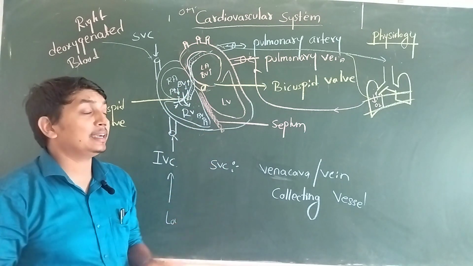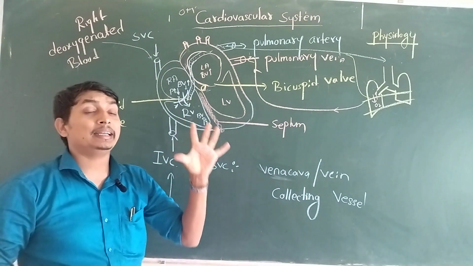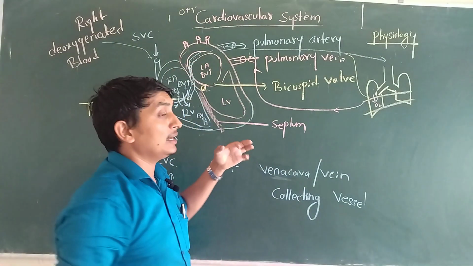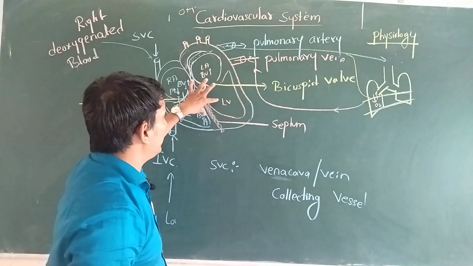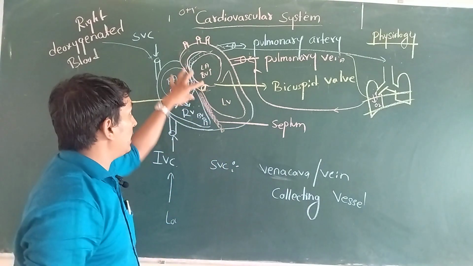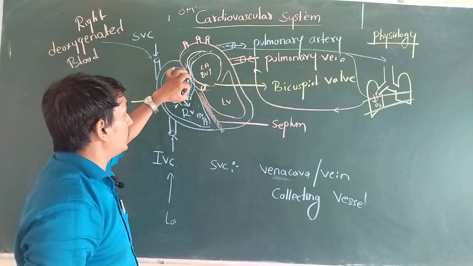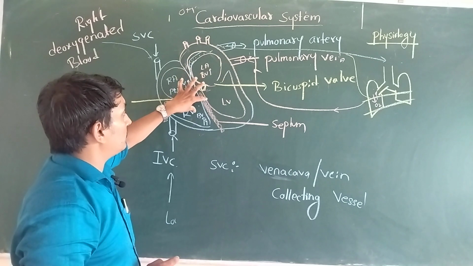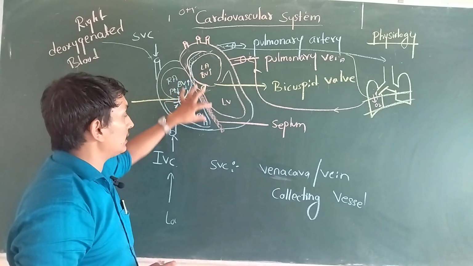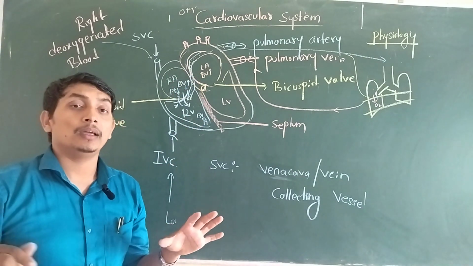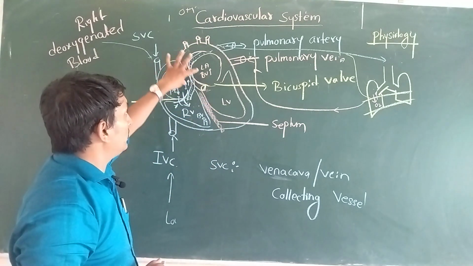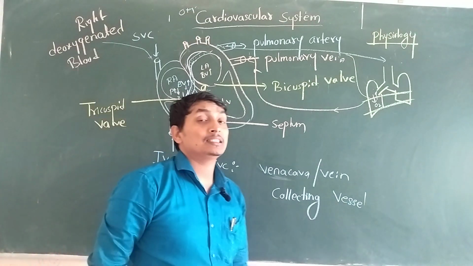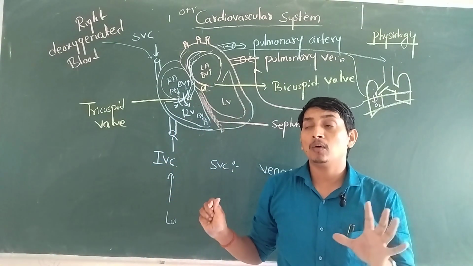Now our atrium starts contracting, and both the atriums are contracting at the same time. Always remember this point. Both atriums are contracting at the same time, whereas ventricles are relaxing. When atrium contracts, ventricle relaxes. When ventricle relaxes, atrium contracts. Means contraction of atrium and contraction of ventricle never overlap. So when one contracts, the other relaxes. So contraction and relaxation of atrium and ventricle never overlap.